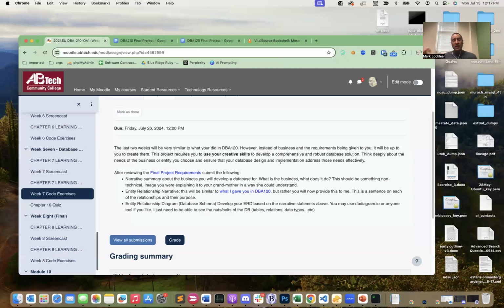If you think about what you submitted for DBA 120, this should be a step up from that, because in addition to everything you submitted there, there's also a backup strategy and some other things. And this is the second time you've gone through a big project like this. So not only the addition of the things that I asked for, but you should be getting a little better at it and feel a little more confident this time around. So if you have any questions about